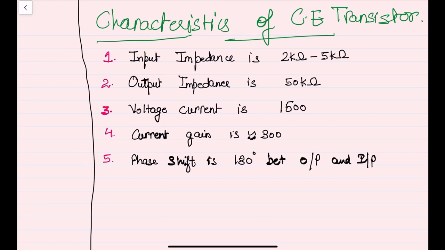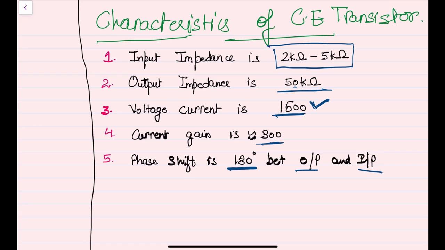At the end, let's discuss the characteristics of the common emitter transistor. The input impedance is around 2 kilo ohm to 5 kilo ohm. The output impedance is quite high, around 50 kilo ohm. The voltage gain, which is the common characteristic of this common emitter transistor, is very high, around 1500. The current gain is moderate, that is 300, and as we just discussed, a phase shift of 180 degrees is introduced between the output and the input signal. So that's it about